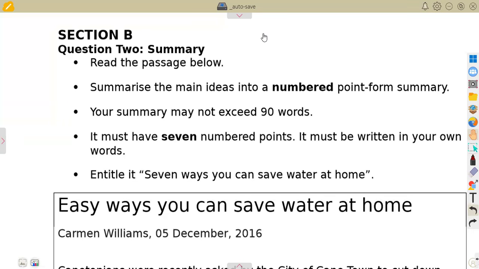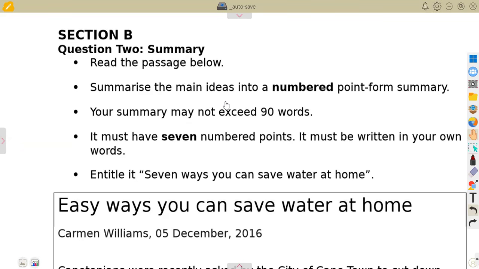We are looking now at English Home Language Grade 8, whereby we will be dealing with mainly Section B. As we start with this module, it is very important for us first to understand that Section B is just easy marks, which must be secured by students so as not to lose marks.